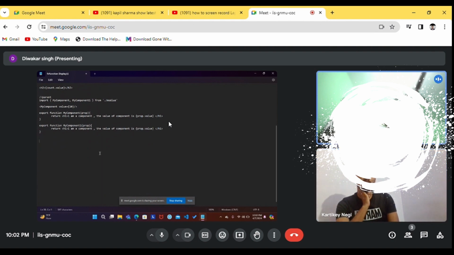So if I talk about pure components, then pure components are those components whose values are non-mutable. For example, I can take this component. I am passing a prop, so I can just copy this and paste it over here. In my component, I'm just passing a value as 10, and over here I'm using the value as it is. I'm not modifying the property, I'm just reflecting it as it is. So this is a kind of pure component.